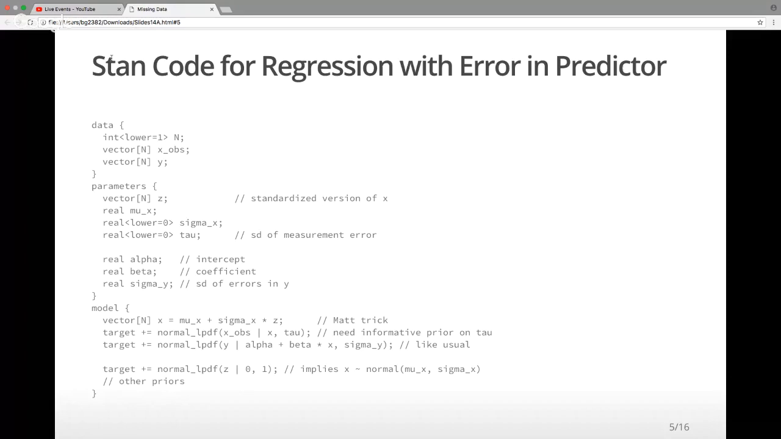We have a prior on z that it's standard normal. This implies our beliefs about x. It's normal with mean mu, standard deviation sigma. Then we need priors on alpha and beta and sigma y, especially on tau. But you can use whatever you want there, more target plus equal statements. And that's it. So in this situation, if we try to do OLS, our estimate of beta would be